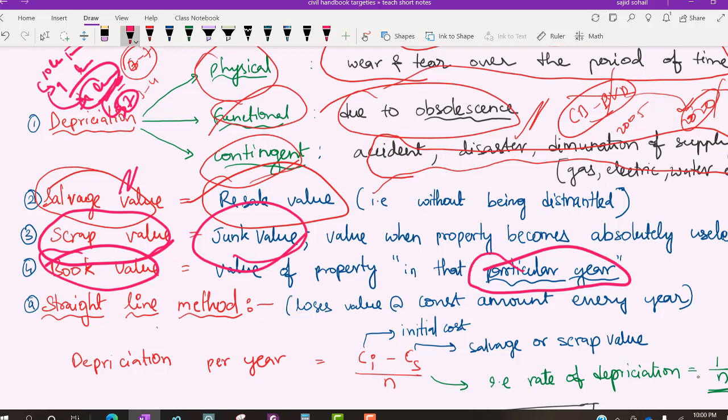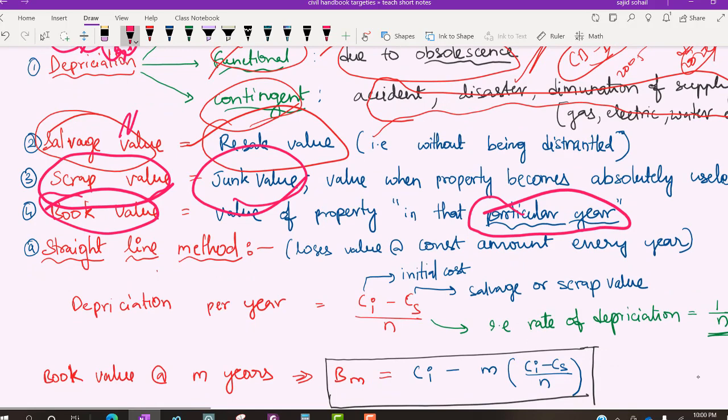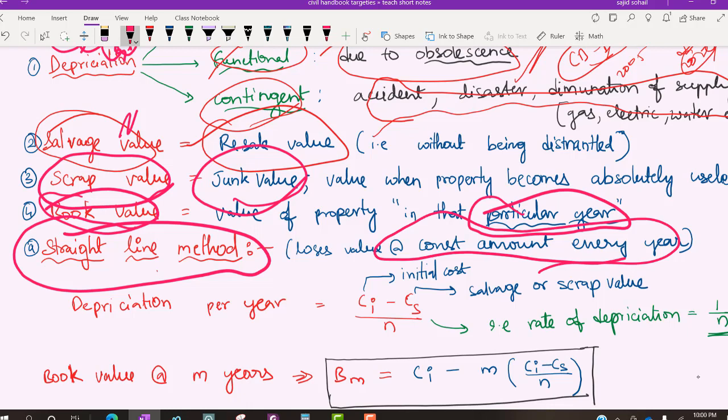समझ गए concept? Now this depreciation has certain formulas. Okay, so the first one is straight line method. First one is what? Straight line method. Here we are assuming loss is at constant amount every year. Okay, loss is happening at constant amount. हर साल 10,000 इसका value घट रहा है. If you have bought a cell phone, in the first year it was 50,000, second year it was 40,000, third year it was 30,000. That means its value is decreasing every year exactly by 10,000. In that case we'll be using this straight line method.